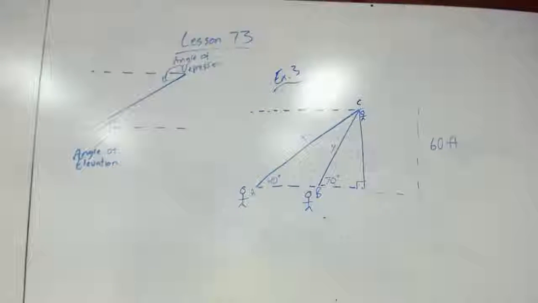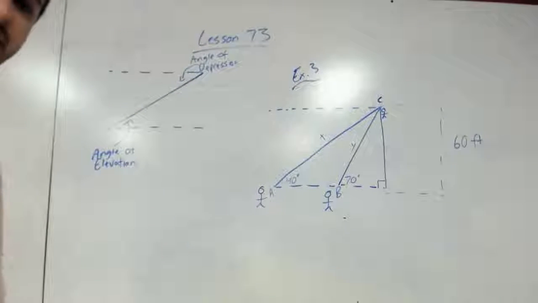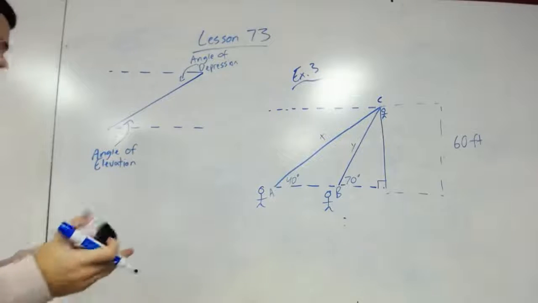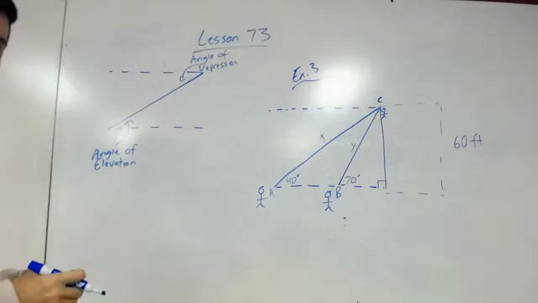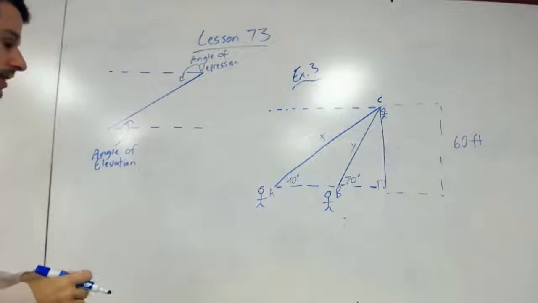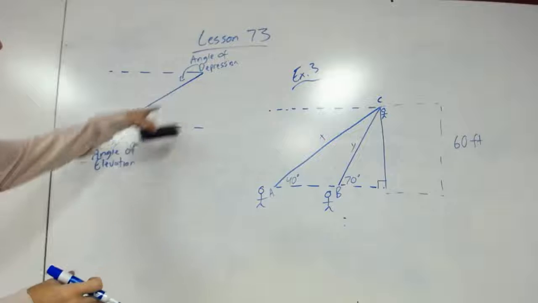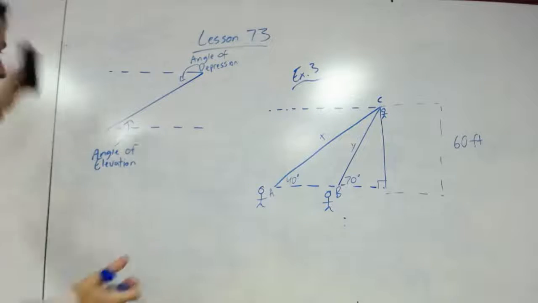In lesson 73, we're going to look at angle of elevation and angle of depression. And all these are is using the trigonometry that we've previously used of sine, cosine, and tangent. What an angle of elevation and angle of depression is, it's basically just a shortcut